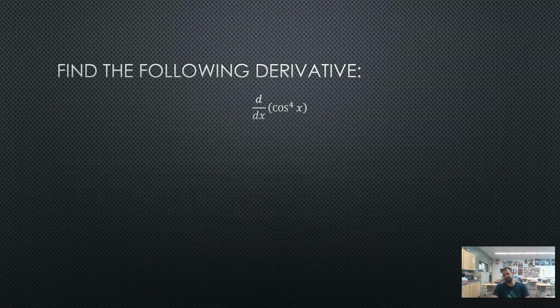So here's another example. Let's say I had cosine to the fourth of x. Now remember, what this is really saying is I want to take the derivative of the cosine of x to the fourth power. So if I'm going to take that derivative, I'd bring the 4 down. I'd leave the cosine part alone, because that's the function on the inside, to the third power, and then I would multiply that by the derivative of the cosine of x, which in this case is negative sine of